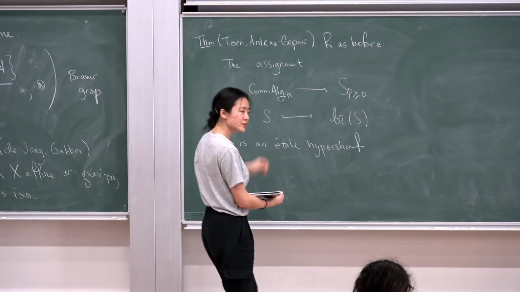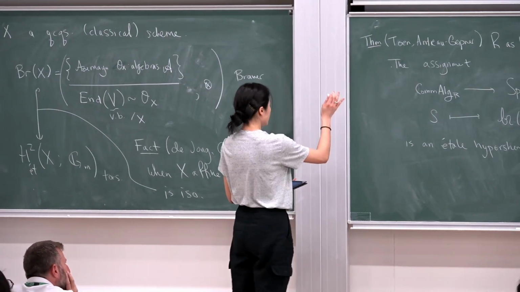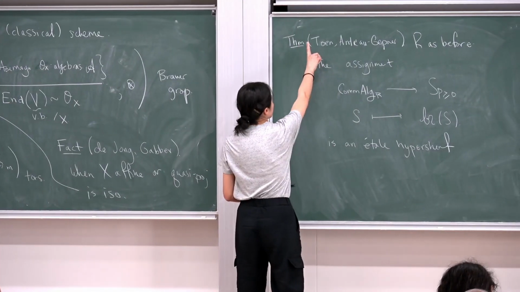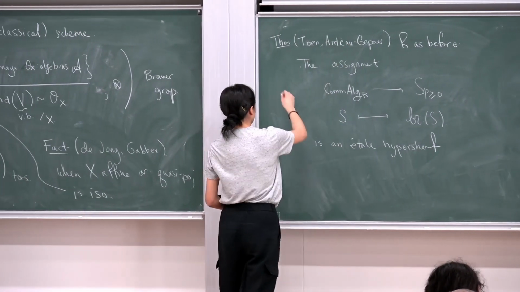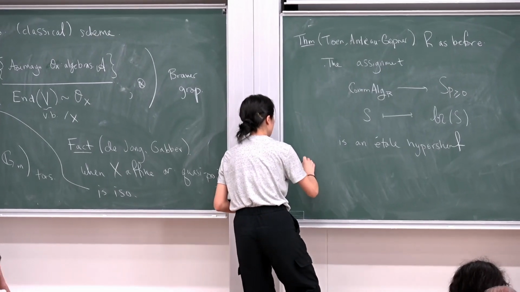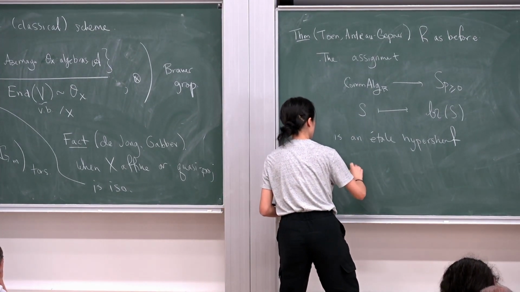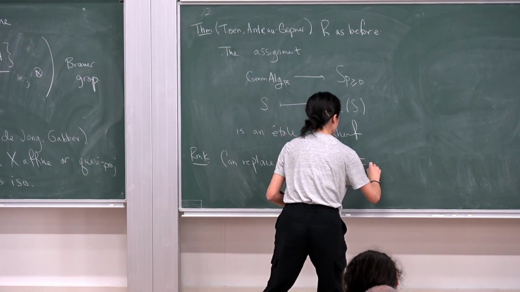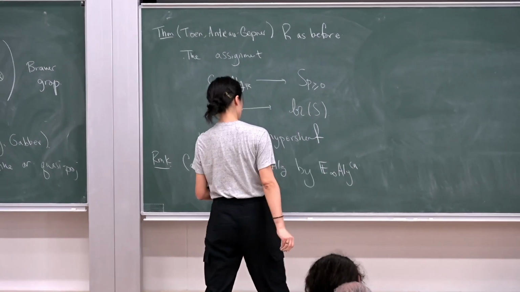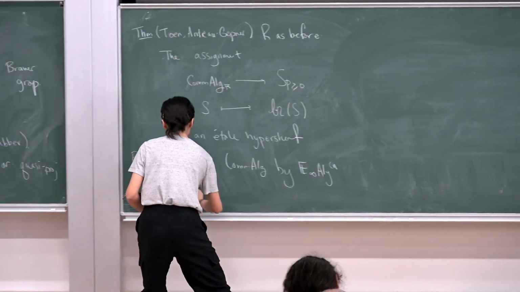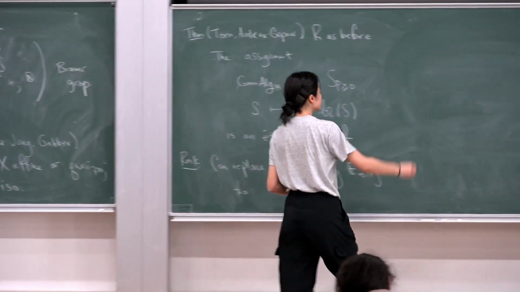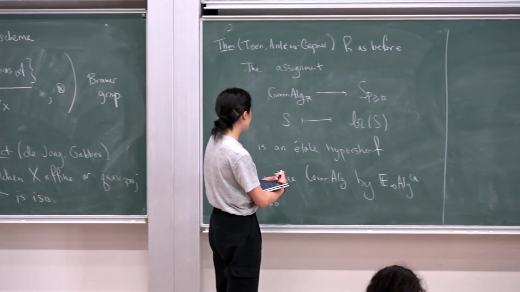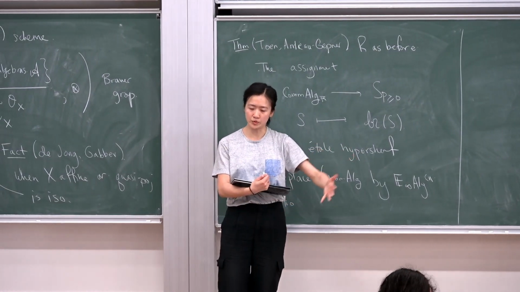More questions? All right. So using this fact about the derived Brauer space, right, sorry, I jumped ahead. We can take commutative algebras by infinity instead. So using this, we can extend this to a more global situation.